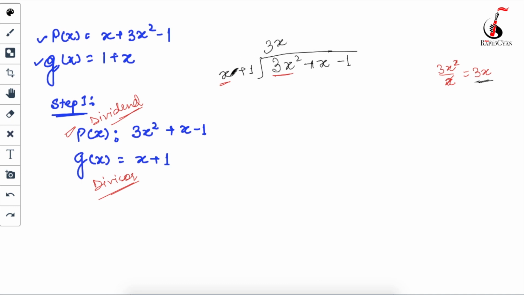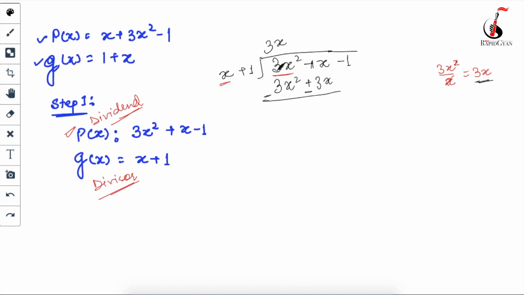So 3x multiplied by x will give you 3x square, and then 3x multiplied by 1 will give you plus 3x, correct? Then you will have to subtract. Whenever we subtract one polynomial from another polynomial, we change the sign of the second polynomial. Here it's plus, so this will become minus, here it's plus, this will also become